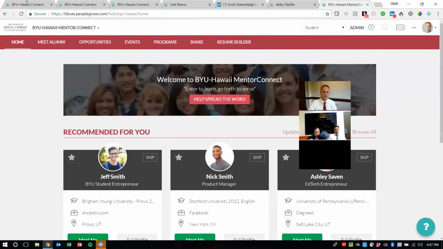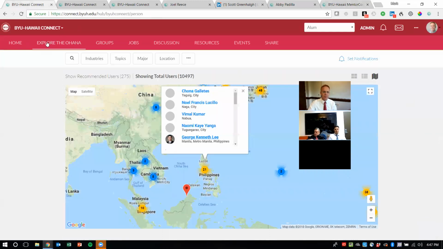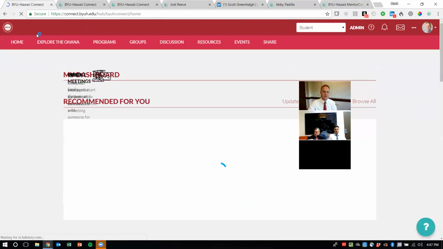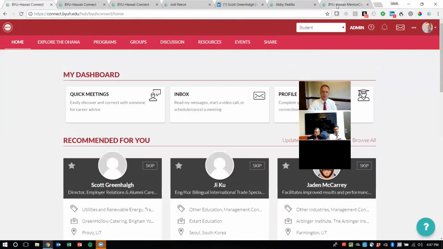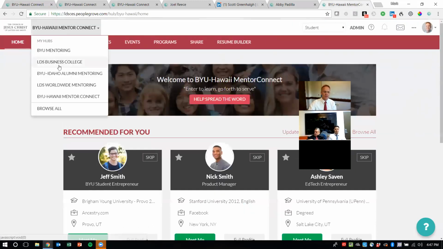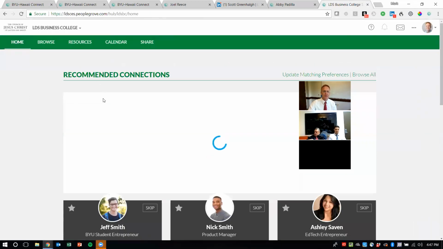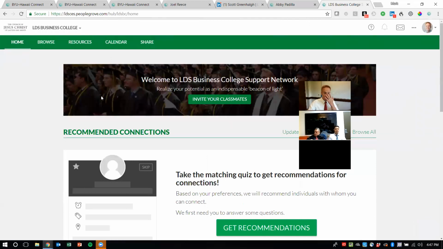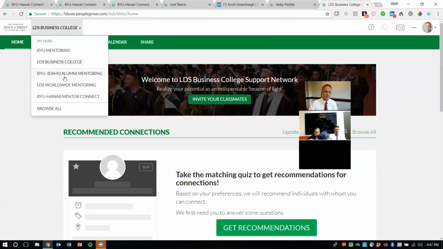This button is absent on the live platform, what we're actually doing here. You'll notice that it's absent. But when we go live with the multiple universities, what will be present is a little button right here that connects you across the system. So whereas here we're within the BYU-Hawaii instance, I can flip over here and now I'm looking into LDSBC's environment, an environment where I have a different role. At BYU-Hawaii, I'm a faculty staff member, but at LDS Business College, I'm just a friend of the university. I'm an other professional. And they can term me whatever they want. They can create the user types, whatever they want them to be.